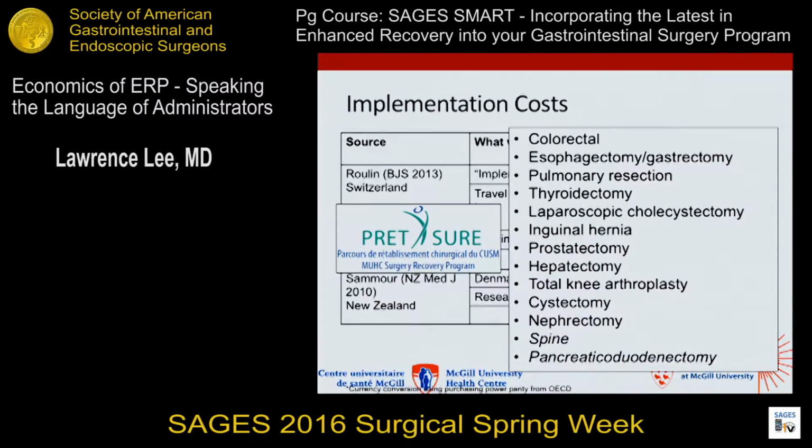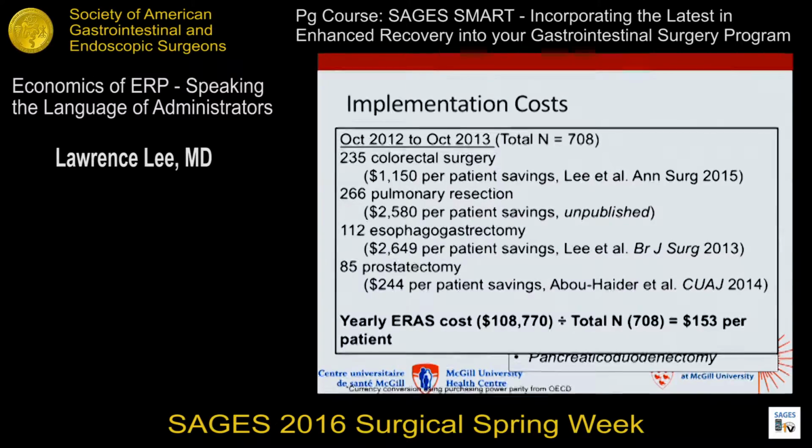Oh, sorry, before. And again, like we've talked about earlier, we started out on colorectal, and initially, as we know, most of the evidence is in colorectal, but we have since been able to apply these principles to many other procedures. So again, $110,000 may or may not seem like a lot of resources that are required, but when we look at the overall number of patients that we're able to apply these pathways to,